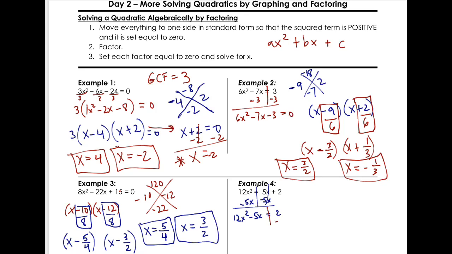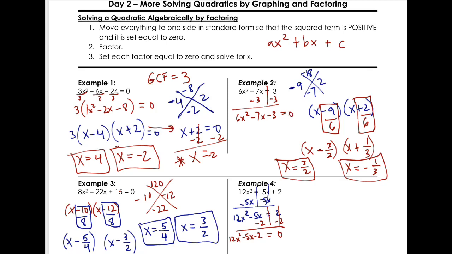Positive 2, so we have to subtract it. Whatever you do on one side has to be done on the other. That's gone. It leaves 0 over there. And then now we have our entire quadratic. All right, so now let's